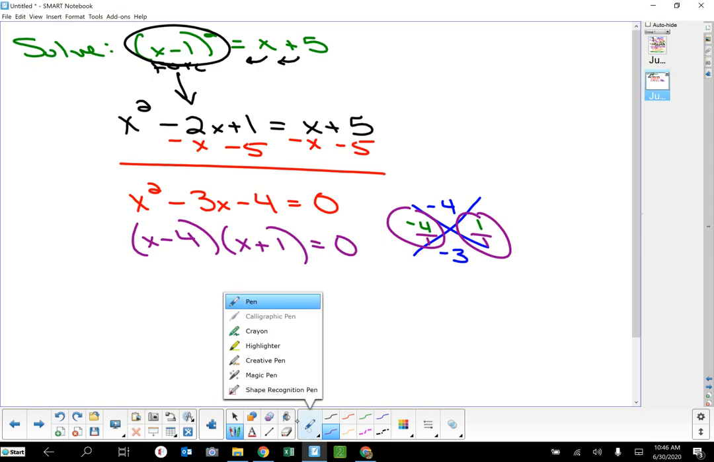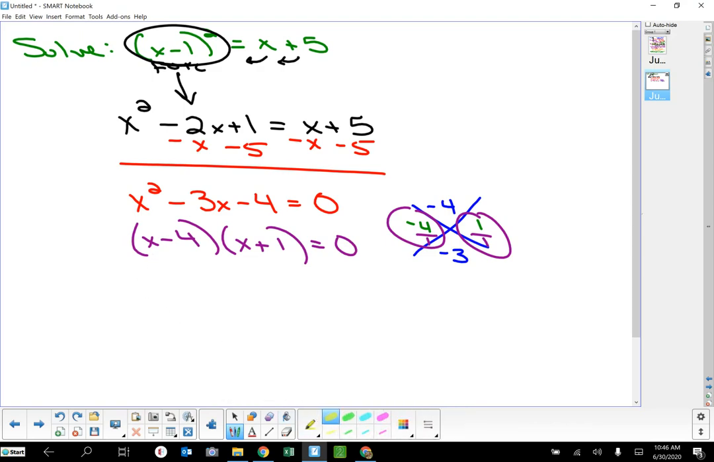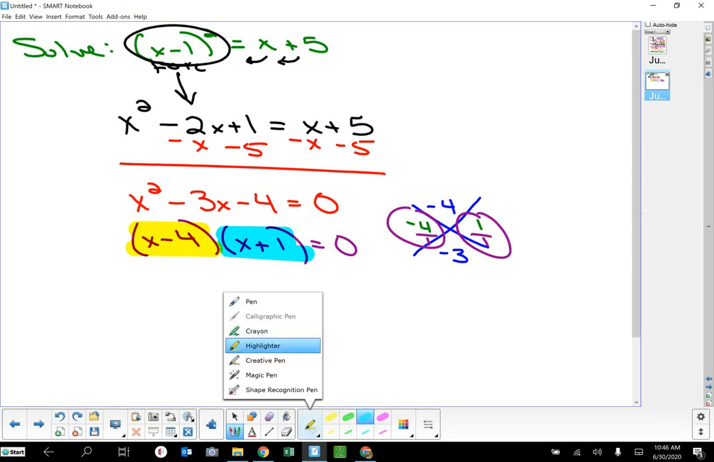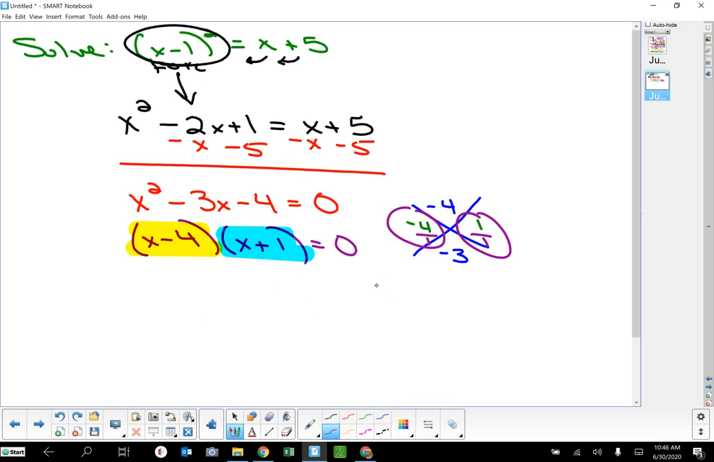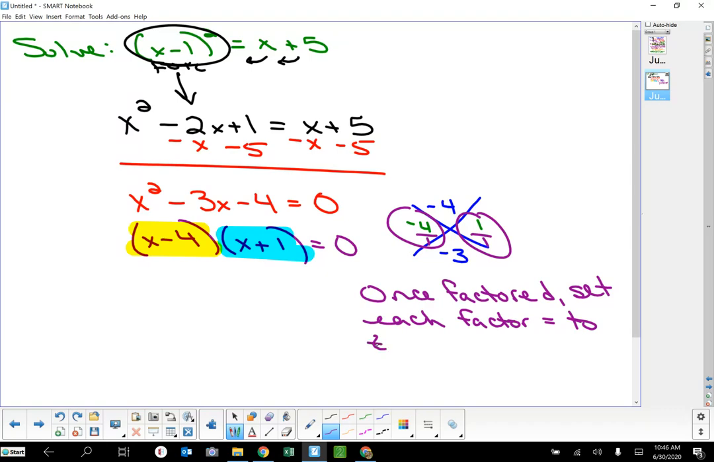And now your 2 factors are the multiplied pieces. So this is a factor and this is a factor. And you're going to set each factor equal to 0 and solve. So once factored, set each factor equal to 0 and solve. So we're going to go x minus 4 equals 0, x plus 1 equals 0, and then I'm